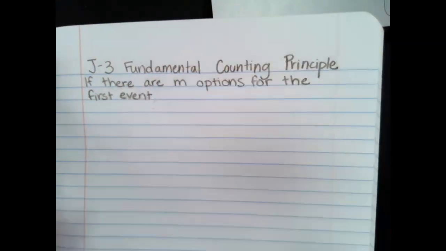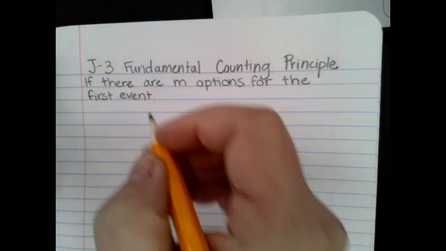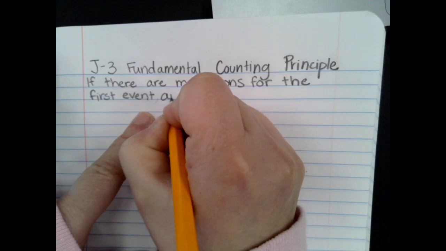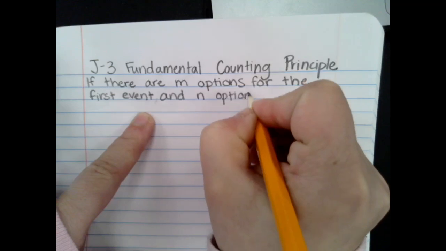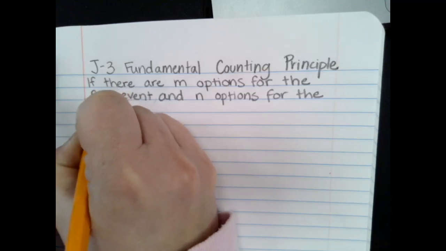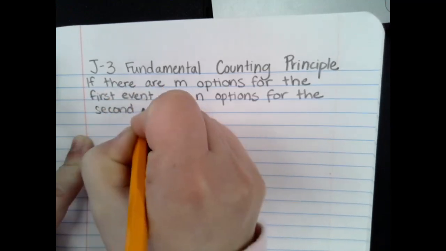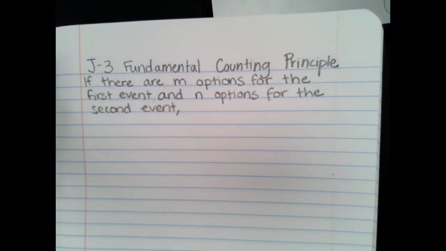And n options for the second. And then we'll put a comma there. Okay, now when I say m options for the first event and n options for the second, remember those are